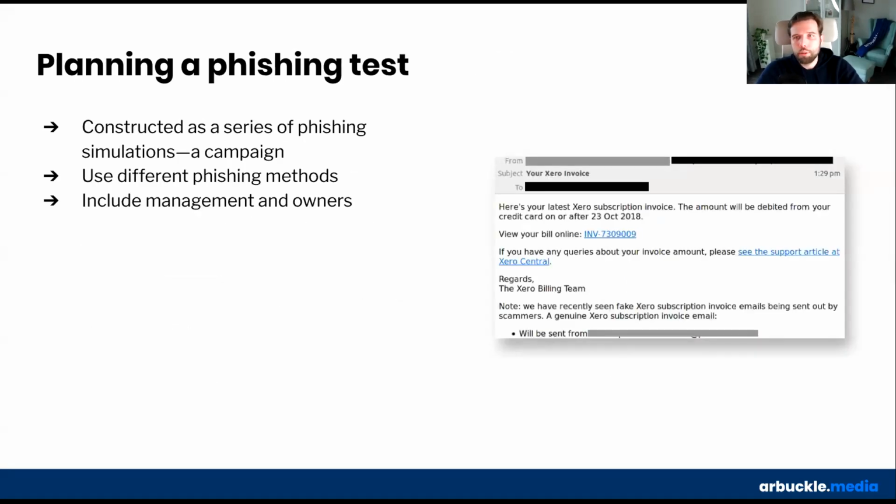So let's talk about planning a phishing test. There are a few rules you should adhere to in order to ensure your own test achieves maximum effectiveness and improves employee cybersecurity behavior over the long term. In terms of timing, a test should be constructed as a series of phishing simulations, sort of a campaign, not just a one-off, not just a one and done, delivered each month or each quarter. And that's the only way to gauge success and, of course, improvement over time. Because, of course, no employee, regardless of their role or savviness, is going to be perfect all the time.